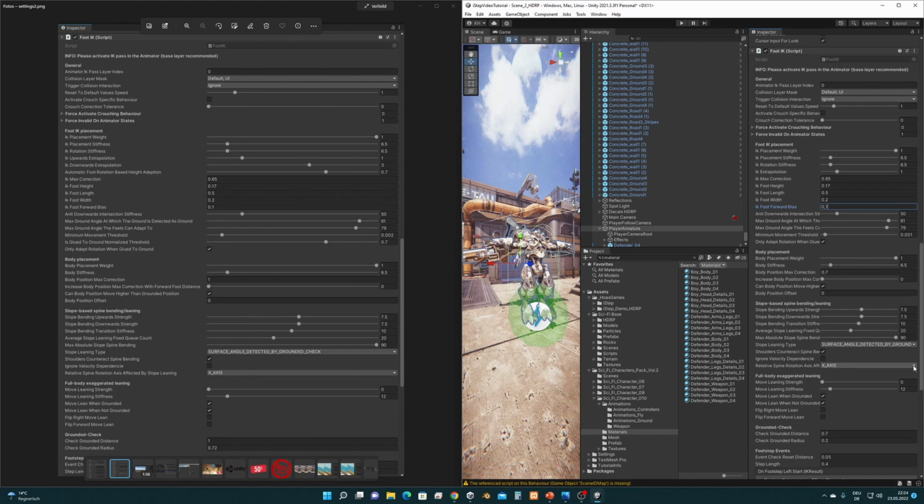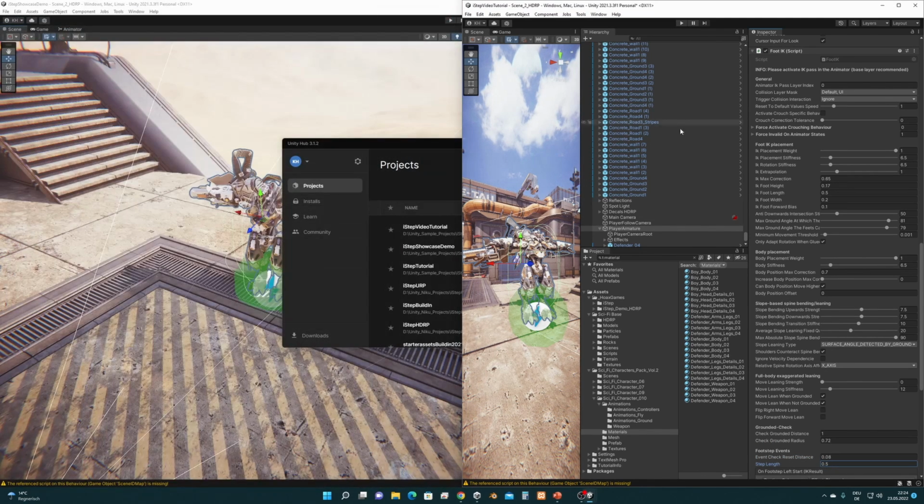I remember that, but let's finish the other values first. So we have a check grounded radius of 1, and here we have 0.72, and here we have 0.08 and 5. So let's close this. I'm going to show you right now why